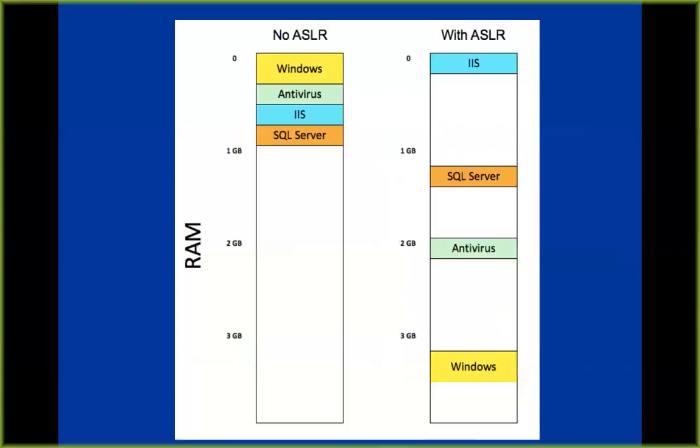So now if you find a vulnerability and you feed in code, you can pretty much find out where it is. So address space layout randomization is the defense that just randomly moves everything. Every time you restart the machine, it randomly chooses a different block of memory for each process. So you have no idea where you are. The server might have 4 gigabytes of memory, and you have no clue where you are.